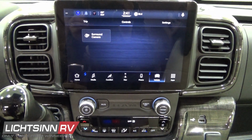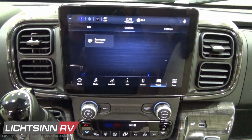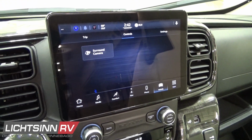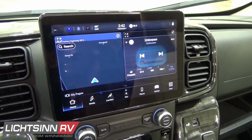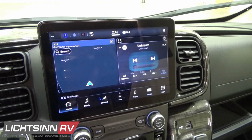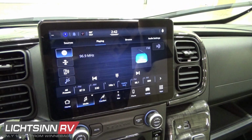This is the new Uconnect version 5 with 10-inch infotainment system, compatible with Android Auto, Apple CarPlay, and includes SiriusXM satellite radio. You can see controls for the rear view camera monitoring system, controls for your media, redundant heating, ventilation, and air conditioning controls with the Uconnect 5 and the 10-inch infotainment, or down below with the hard press buttons. You can do split screen capability. It includes SiriusXM satellite radio, complete media inputs,